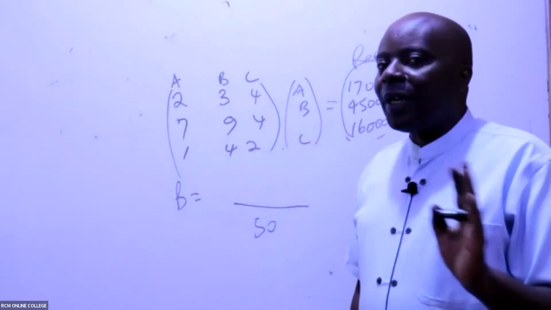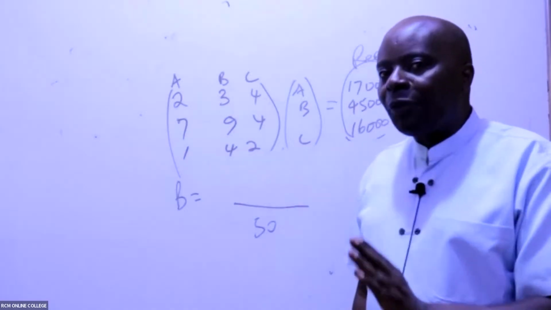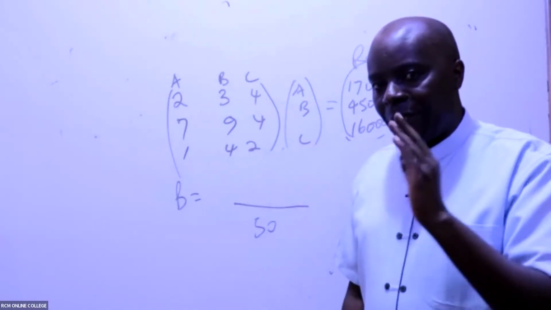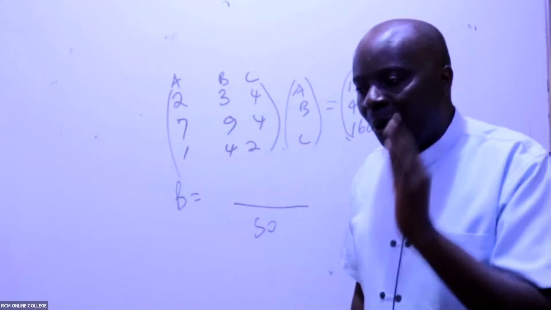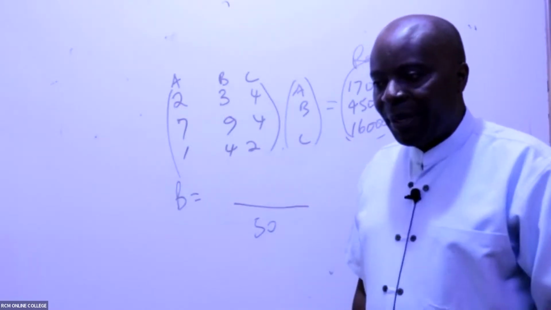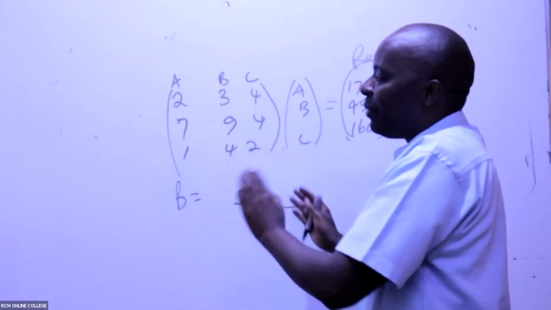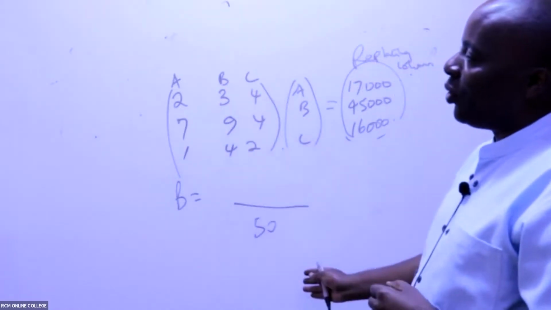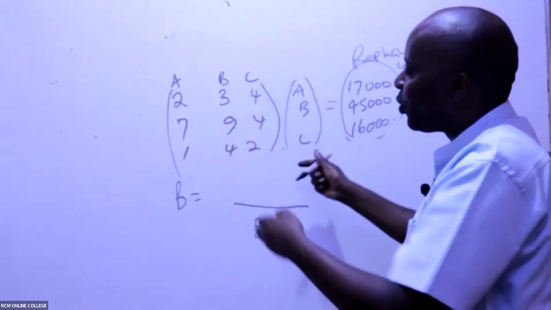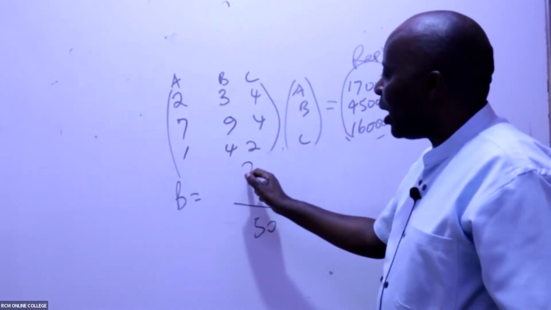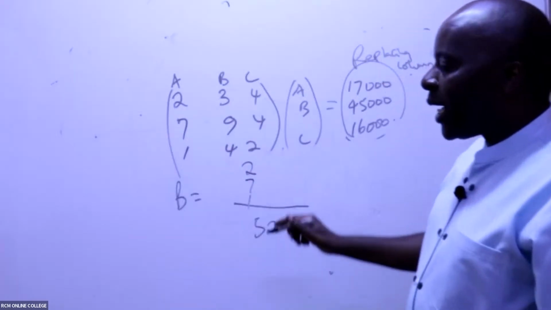I will not affect any other column apart from the column of B. The column of B is the one that will disappear. All the other columns of the first matrix, called the base matrix, will remain. So the column of B is the second one. So the first and the third columns will remain. So here I will have 2, 7, 1. When I come to the column of B